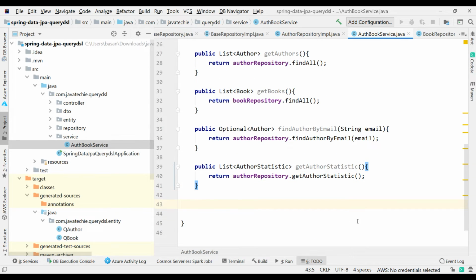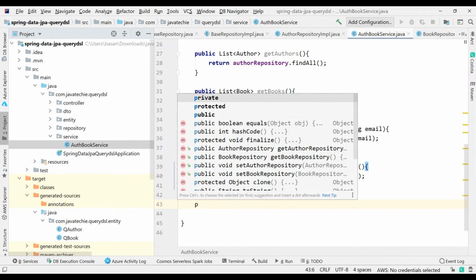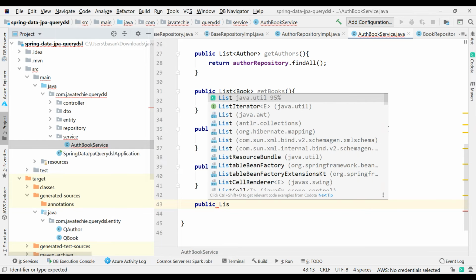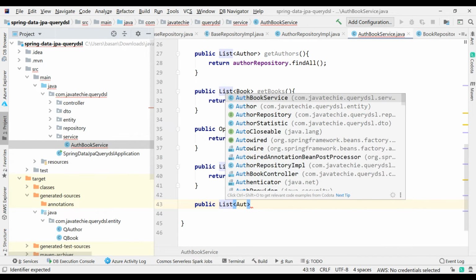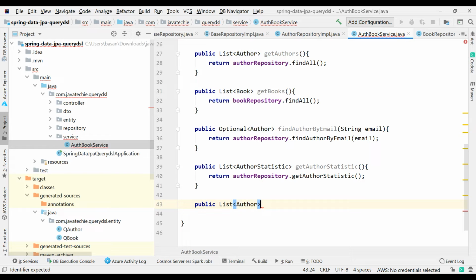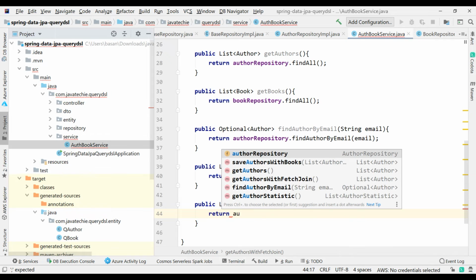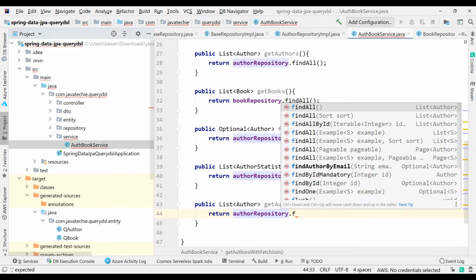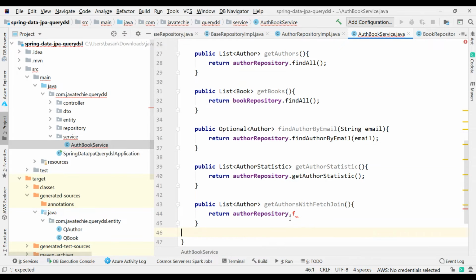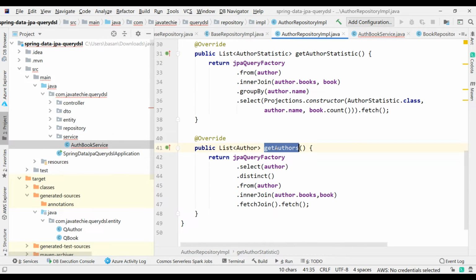And just write a method to demonstrate how to avoid the N+1 problem in Hibernate, right? So I'll use public List of Author getAuthorsWithFetchJoin, return authorRepo. Let me check the method name, getAuthors.